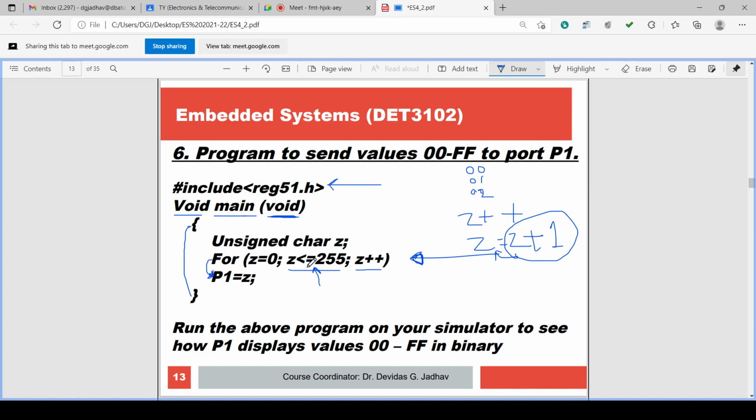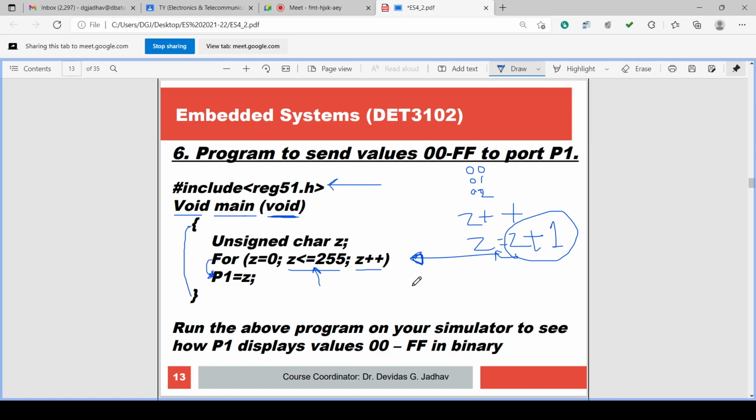So when Z is 0, Z is less than 255, so the condition is true. Z is incremented by 1, and whatever Z value 0 is there, that is outputted to P1, port 1.